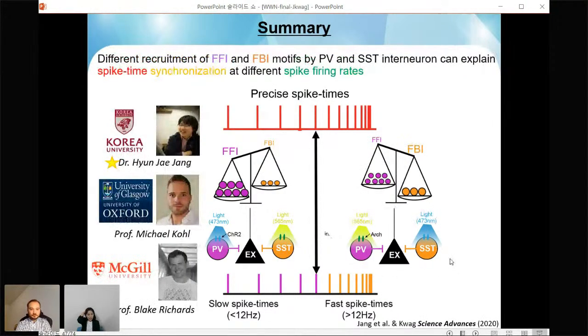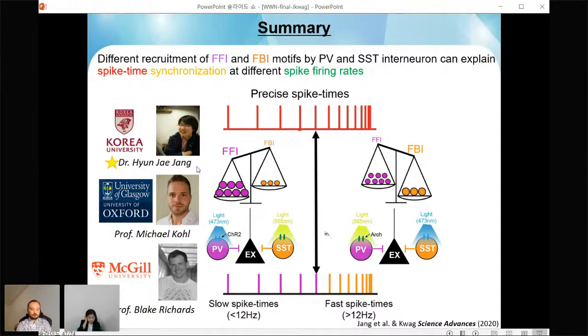So this study was first designed, well, not designed, but although I presented the study in the order of in vivo experiments and optogenetic experiments, and then computational modeling, in fact, this was a PhD project of one of my first PhD students in the lab, Dr. Hyun. He first made the computational model that consists of feed-forward and feedback inhibition for his PhD thesis. And after his PhD thesis, we wanted to find out whether this actually holds, whether feedback and feed-forward